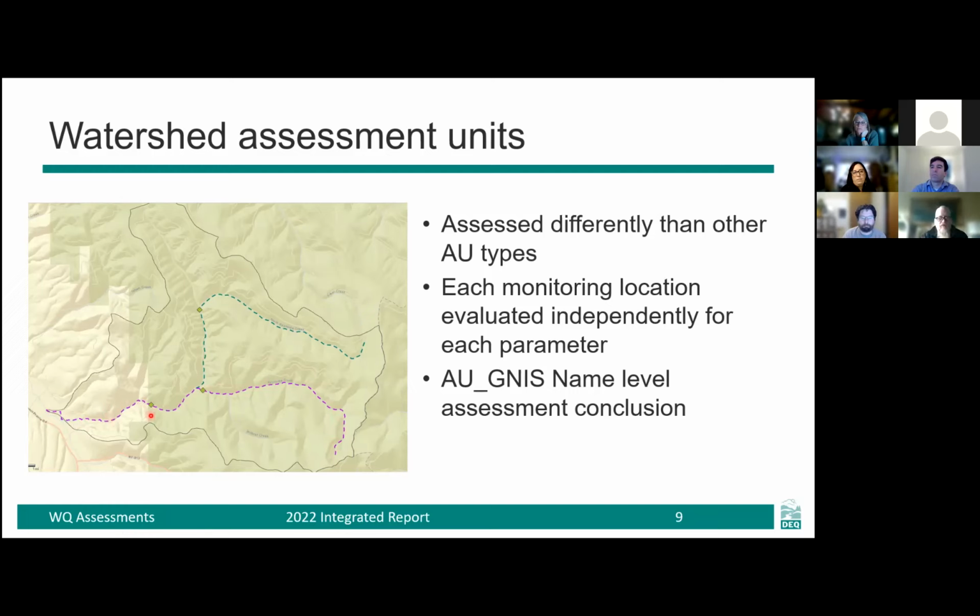So that stream is depicted with the purple dotted line. In the upper watershed, that station was determined to be attaining water quality standards. So we're now displaying that stream with a green dotted line, meaning attaining.